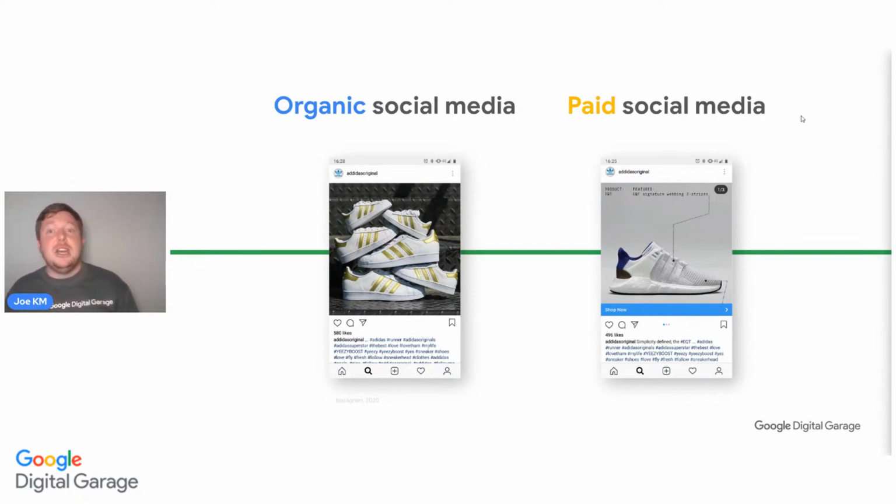On the flip side, they've done a paid ad here. One of three, so you can flick across to see the different ones. So straight away, I'm assuming there's more to come, more persuasive content. And then I've got a nice little ad that's got a line. My natural eye line goes: products, features, signature webbing, 3-stripe. And I follow that line to the 3 stripes. Then I look at the line below it and go, where's this going? Shop now. I go to the next picture. It's probably going to have something similar.